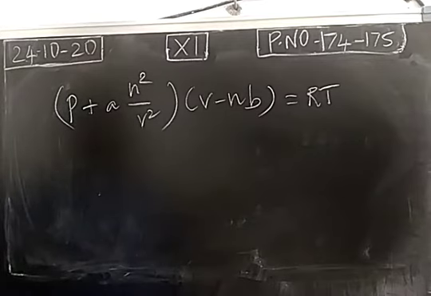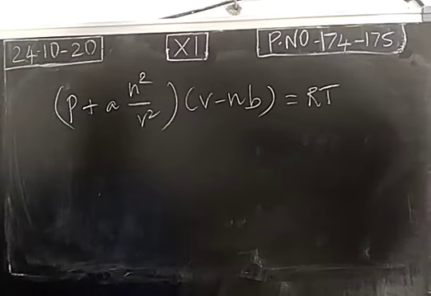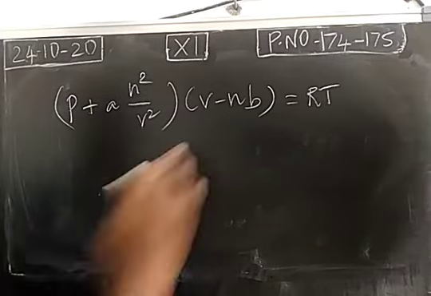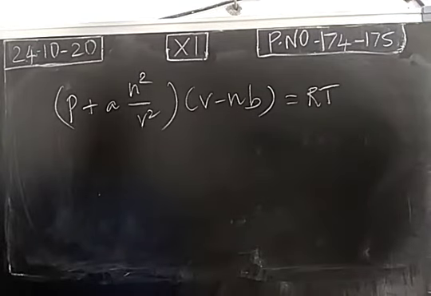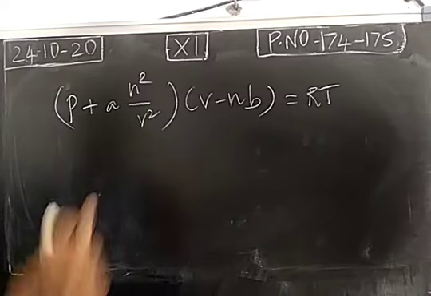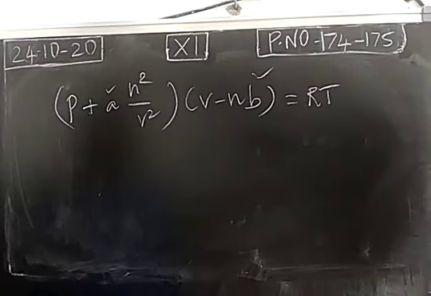Van der Waals equation is the equation of state of real gas. This is the real gas equation. For that we did correction in pressure as well as volume. So from the ideal gas equation, after correcting volume as well as pressure, we have finally derived the van der Waals equation. So in this equation, a and b are the constants. We call these constants the van der Waals constants.